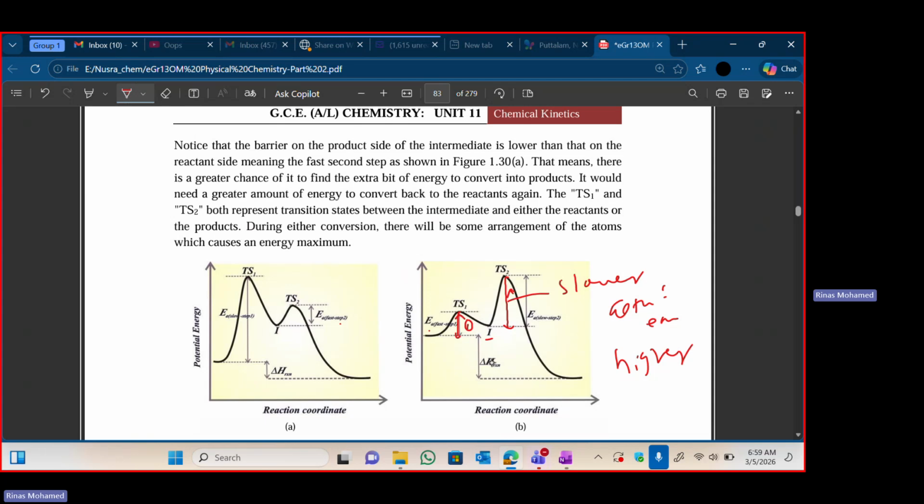Then in the first one, two transition states they have given you. And likewise, you are plotting the graph like this one. One step is like this one, and the next step is like this. It is exothermic, so the heat is released. For reactant to product, the first activation energy. The second step's activation energy is this one. Likewise, you can